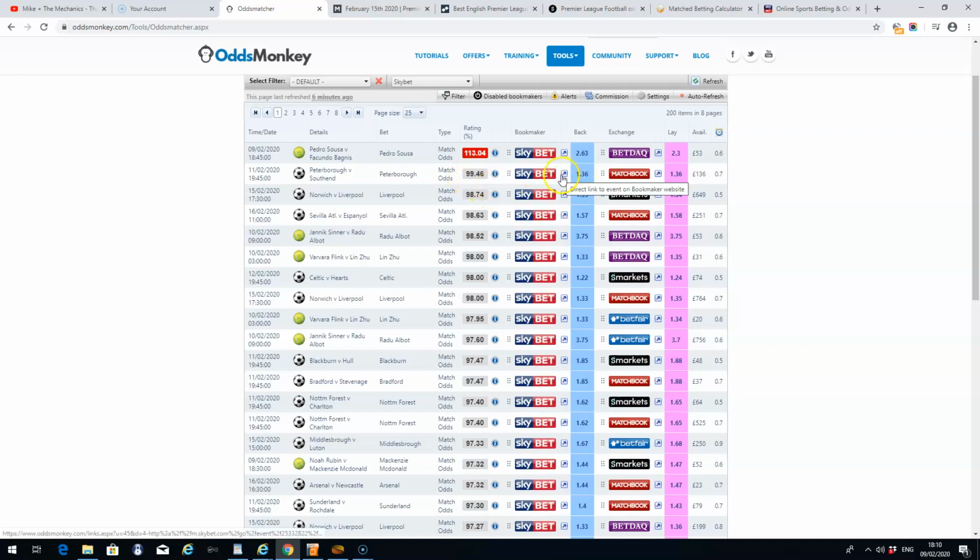So you can see they've got the same odds on Peterborough at Skybet and Matchbook. Matchbook is one of the betting exchanges. So we just need those odds to move slightly in our favour to have a guaranteed profit. With Matchbook, Smarkets, BetDAC and Betfair, you can lay the bet, so you can bet against the bookmakers' odds and